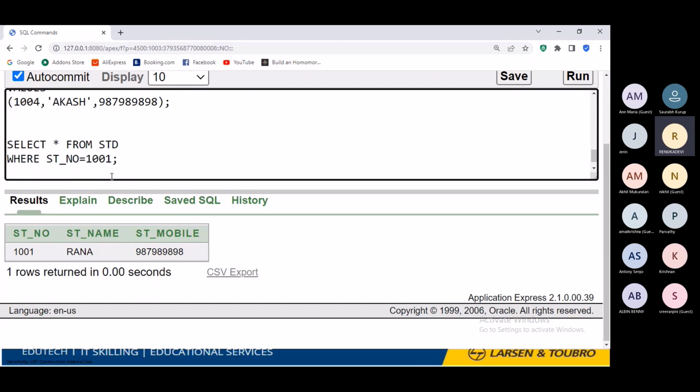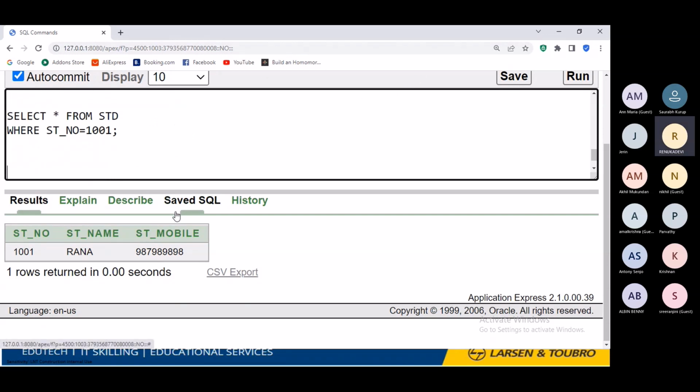So we have done with creation of records, then we have done with insertion also. Now we will check how to do update. For doing update, we will be using the syntax by giving the update keyword, then the table name, here std, and then set using the keyword set. Set the column name, here I'm going to give student underscore name equal to, instead of Rana,